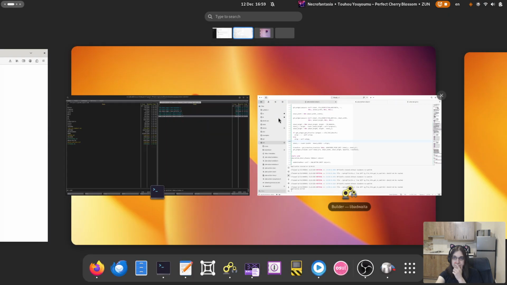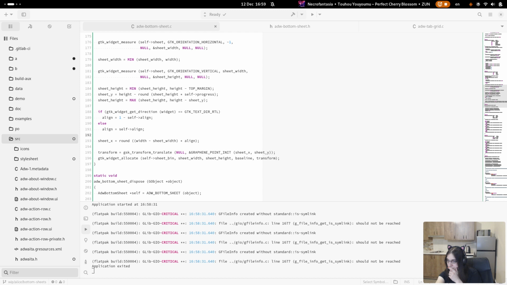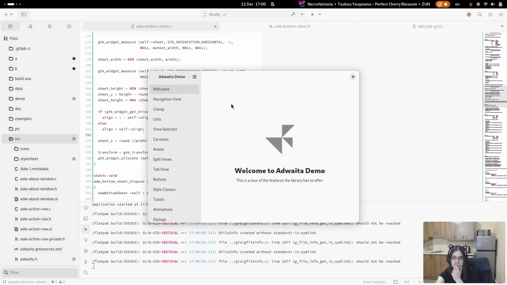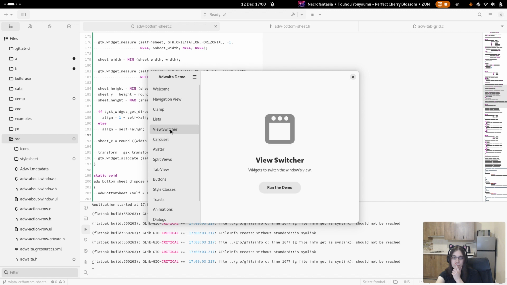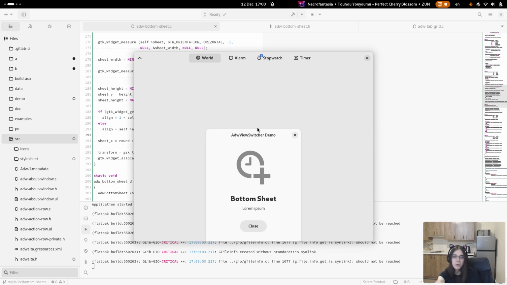So let's see, what can I implement next? It can be modal. Well, I guess we'll probably want situations where a sheet can be low, then if you keep swiping up, it becomes larger.